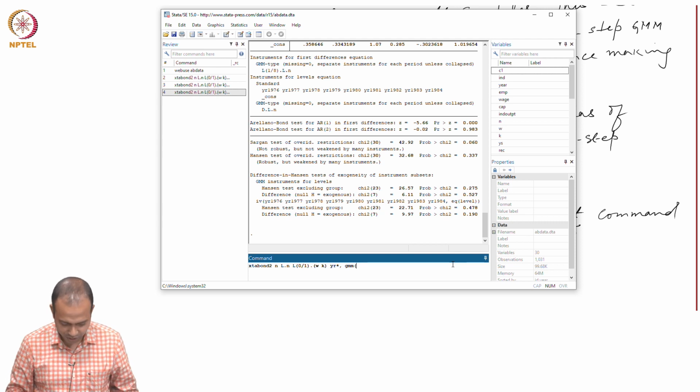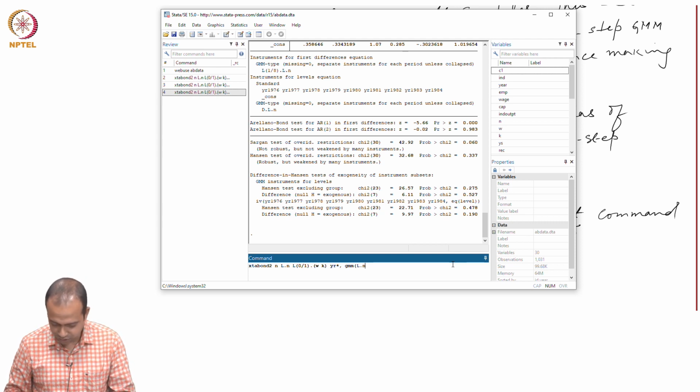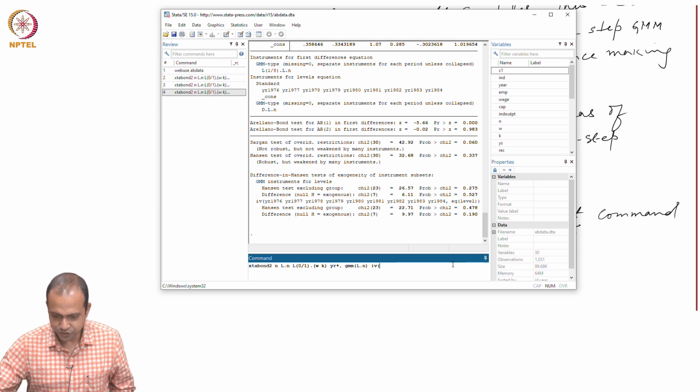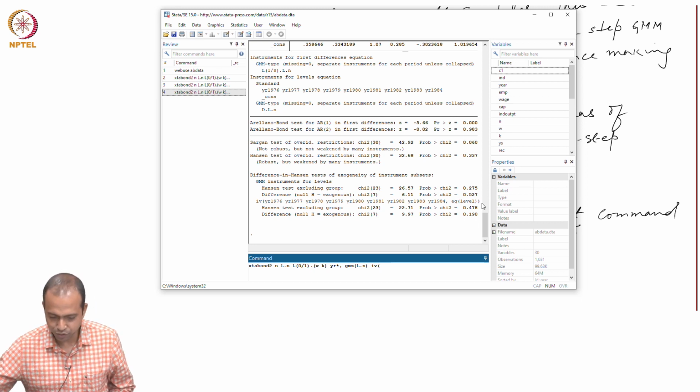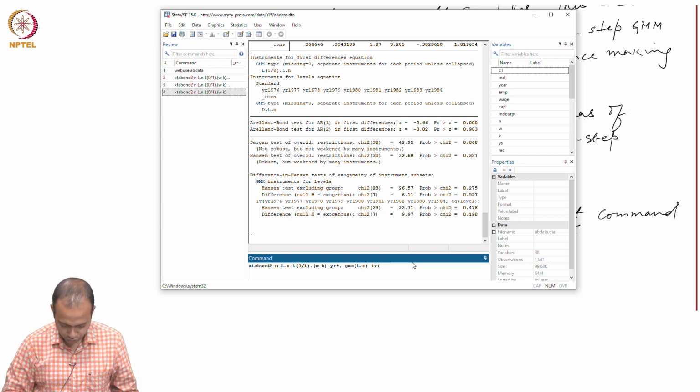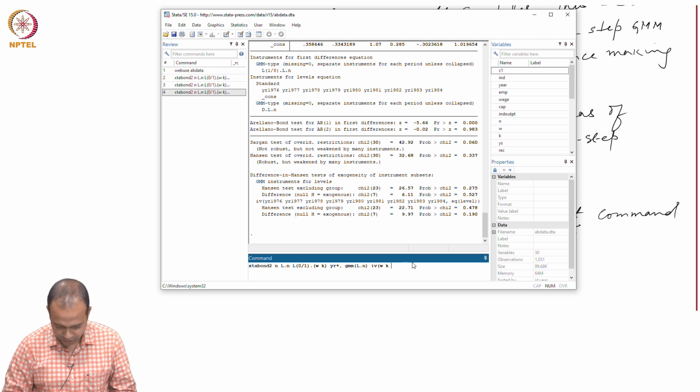Within the GMM I have L dot in only, then I have IV, where my earlier specification was a little incorrect because I had not put anything on W and K. So, IV is W and K, and then we have YR star,